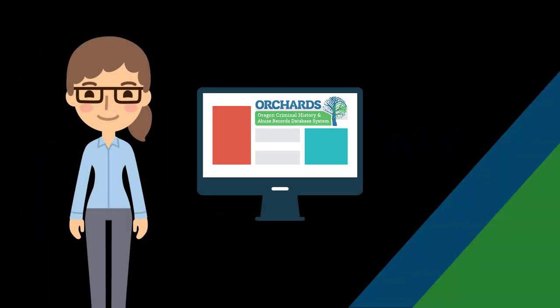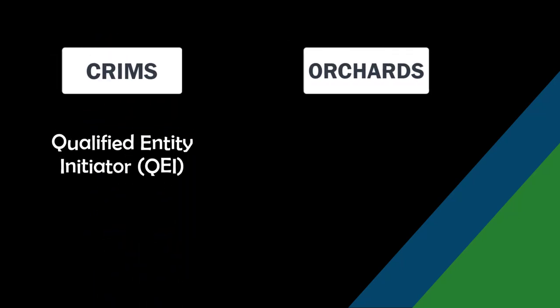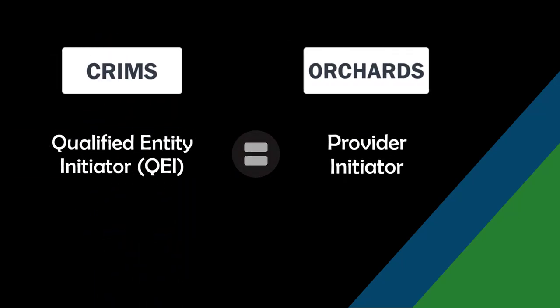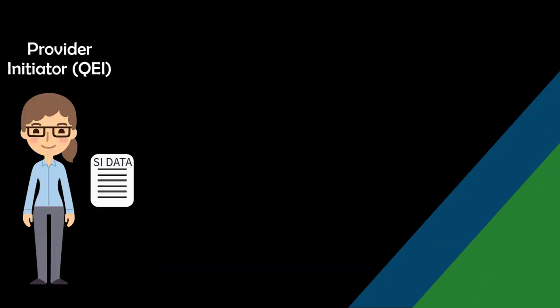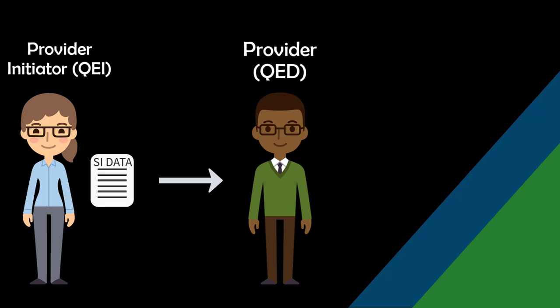Today, we will show you more details on how a qualified entity initiator will submit a background check application. Let's get started. QEIs are now known as provider initiators in Orchards. You are able to enter a subject individual's application data in order for the QED to submit the application for